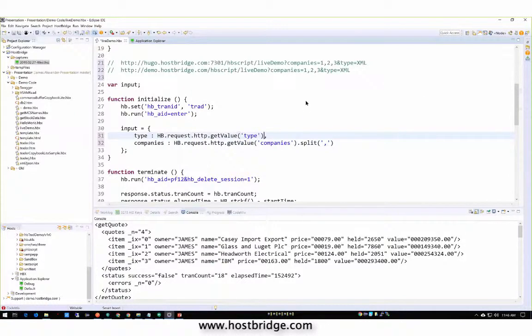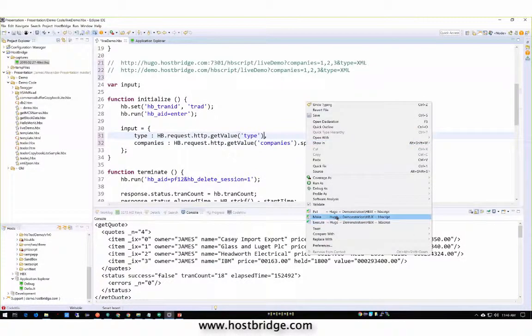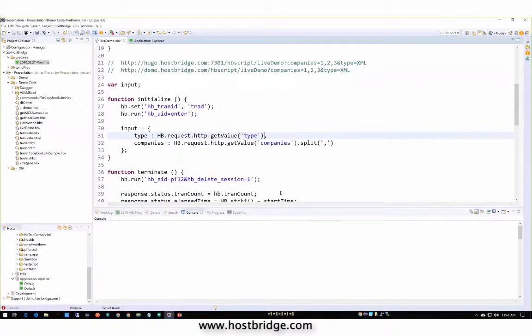Now, up to this point in time, I've been saying execute. I've not been saying make. The difference between execute and make is that make compiles and saves the script on the host and does not run it. Execute just sends it to the host and executes it, does not save it. So I got to do a make now. So now I've done that make. I should now be able to call this from the outside world, supply these two parameters, and I should get back the results